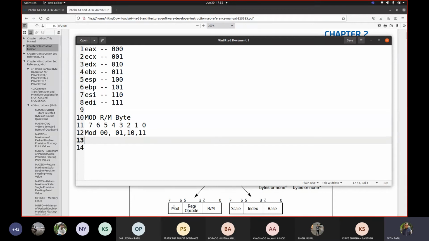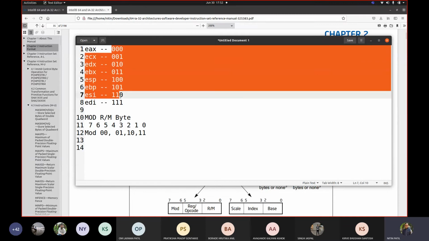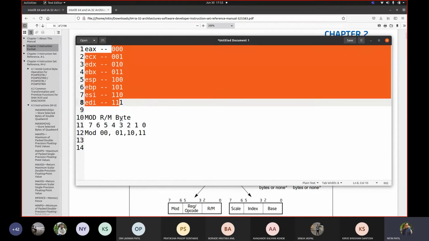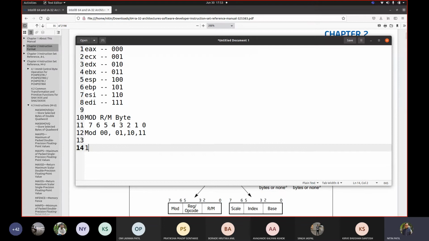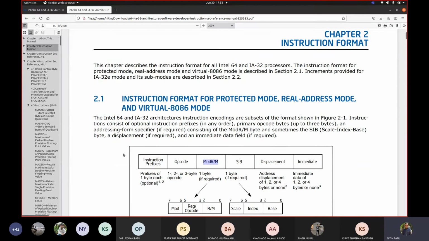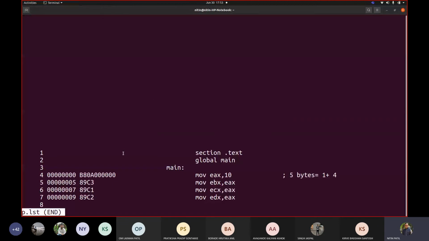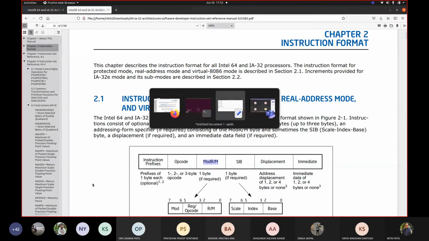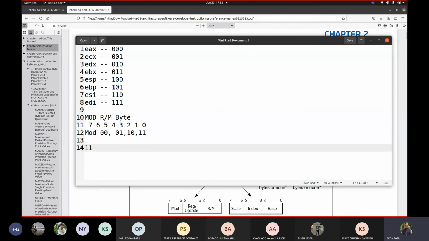Fine. Then you have register or opcode. So we already know that it is going to take these three values. So you will see something like this. So for example, 11. Now what instruction did we have? Sorry. Yeah. What instruction did we have? mov EBX, EAX. Where is EBX?